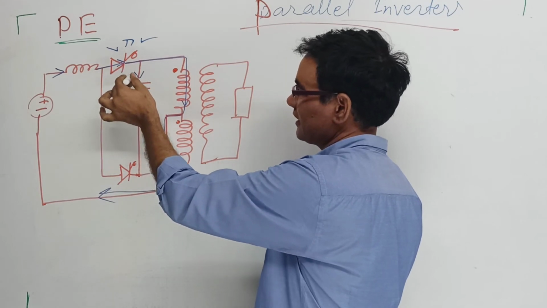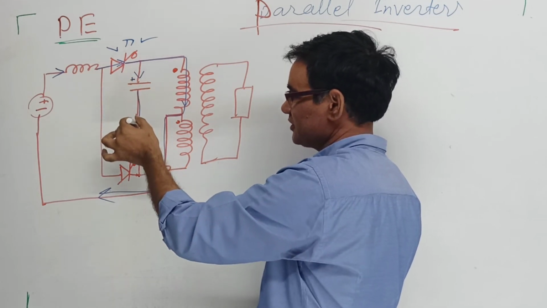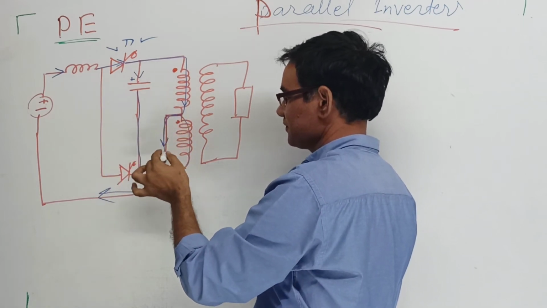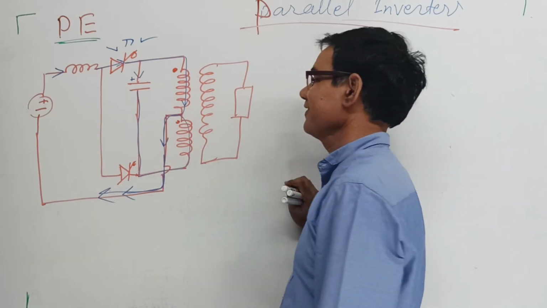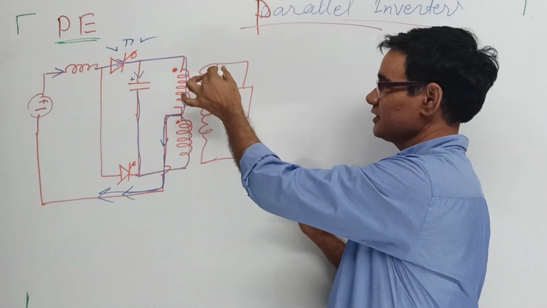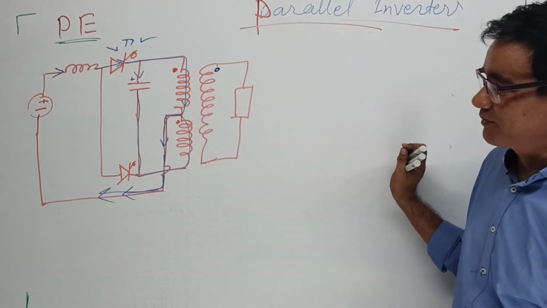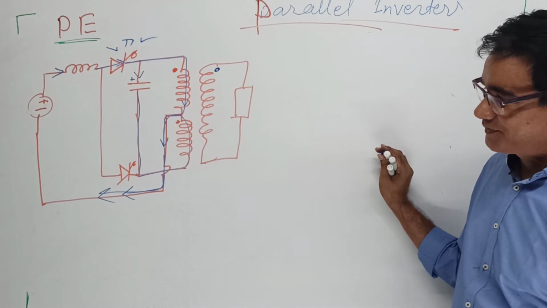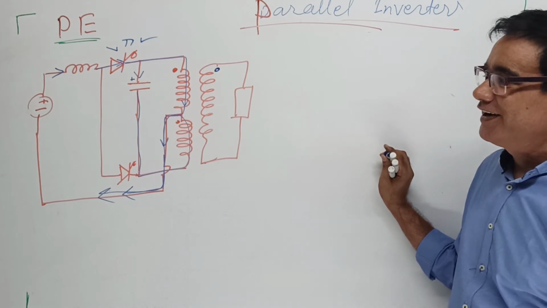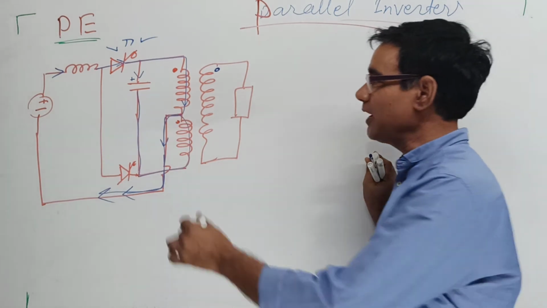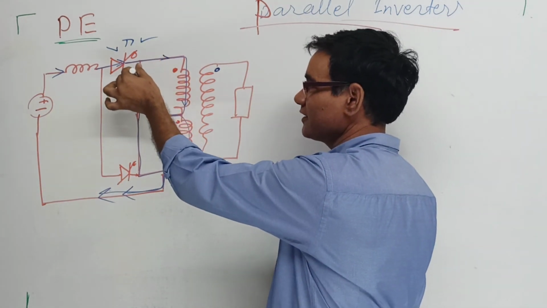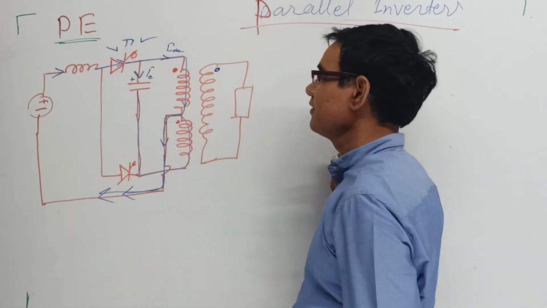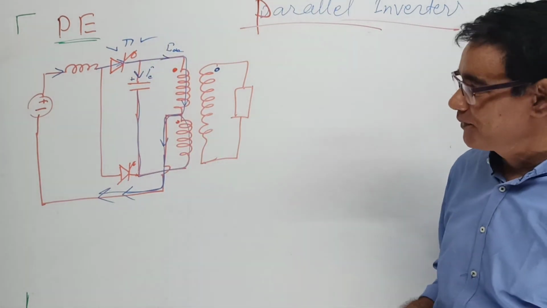At the same time there is a current in the capacitor, and it charges the capacitor and flows like this. This is the polarity of the load transfer. So there are two parallel paths: one is the load side, the other is the commutating current, and the other is the load component of the current. Yes or no? Definitely.